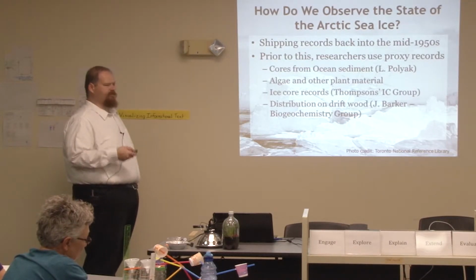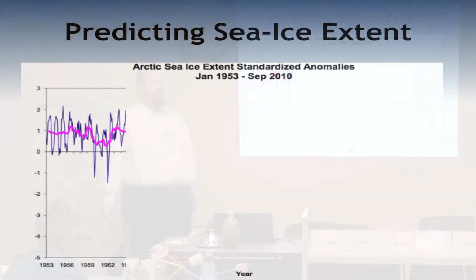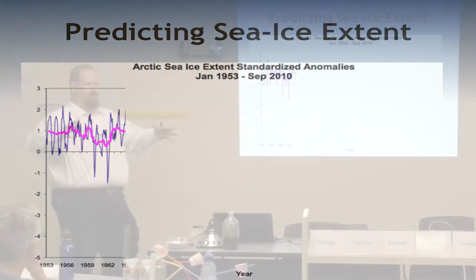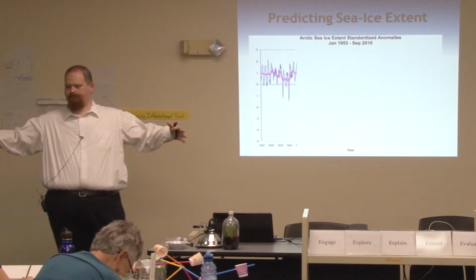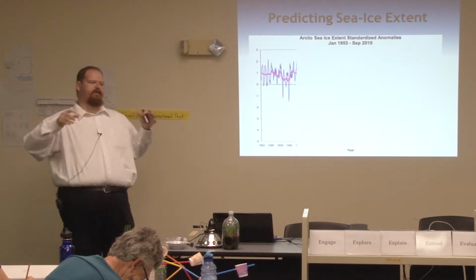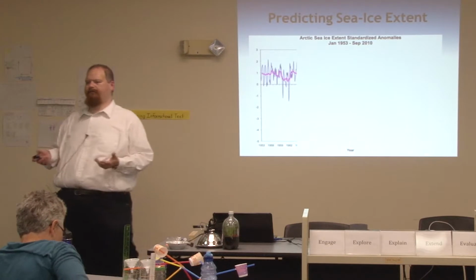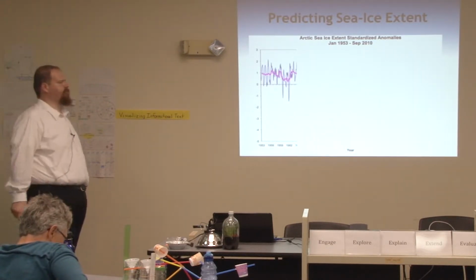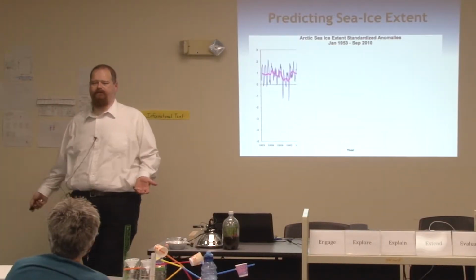But in terms of records, how do we observe the state of the Arctic sea ice? So we're going to do another activity called predicting the sea ice extent. Sea ice extent essentially is just how much of the Arctic is covered by sea ice. And by sea ice, there is a certain percentage that they use. But we're just going to give you a little bit of information at a time, and we're going to step through how do we know what it was like, how the conditions were changing, and how we would know what that would look like in the future, at different periods throughout time.